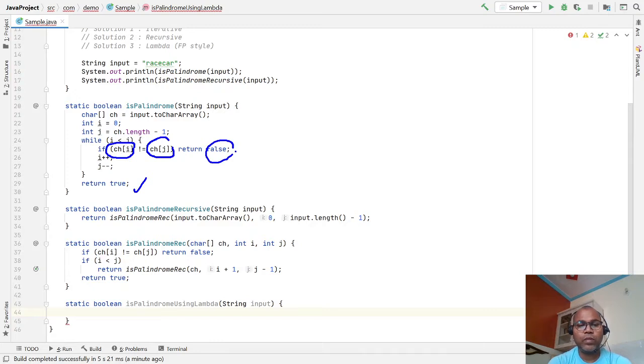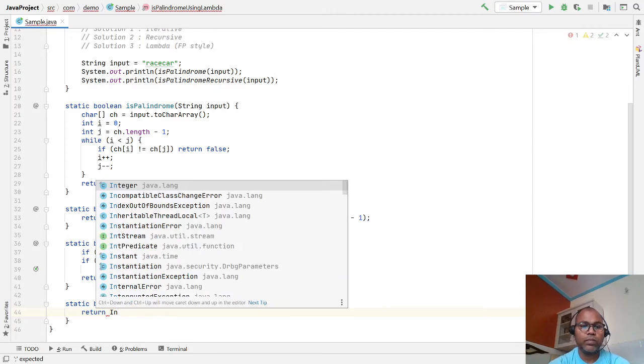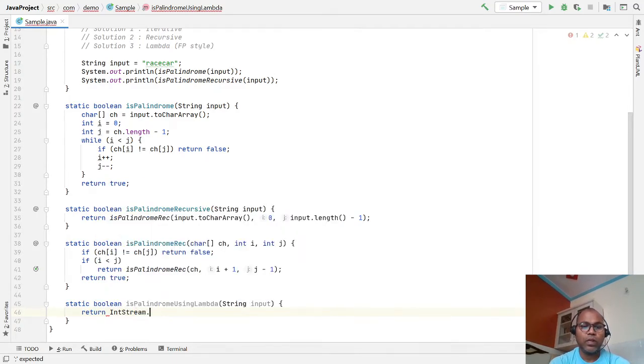The same activity we can do here. We are working on an index basis. The index is an integer, so here I am going to use the return IntStream.range function.